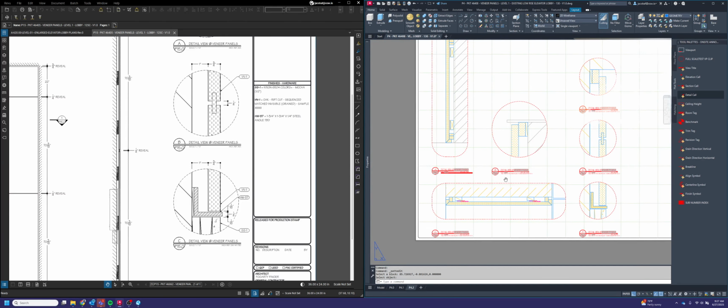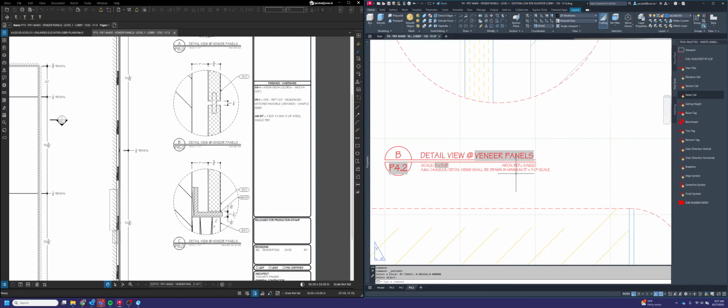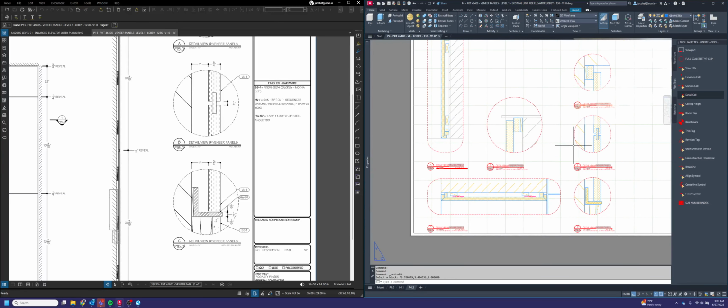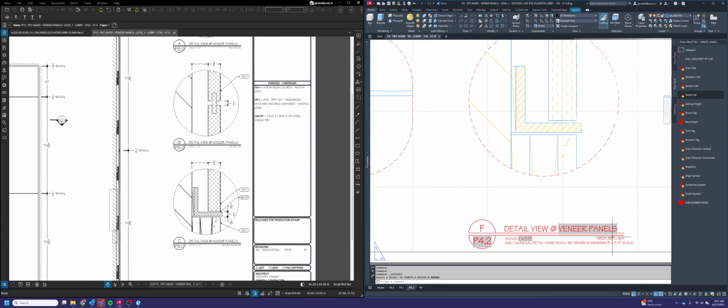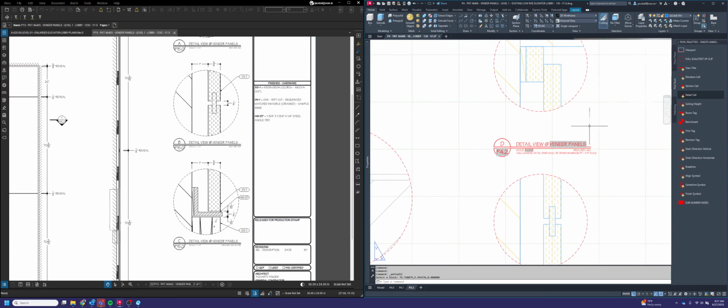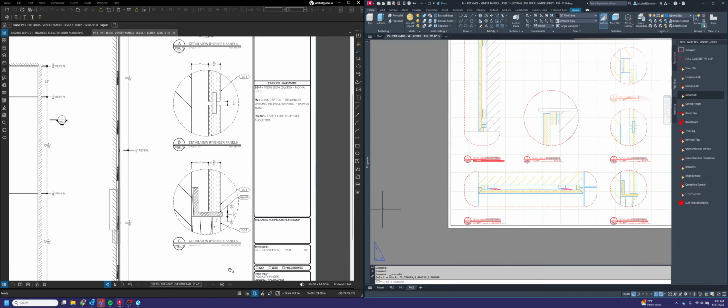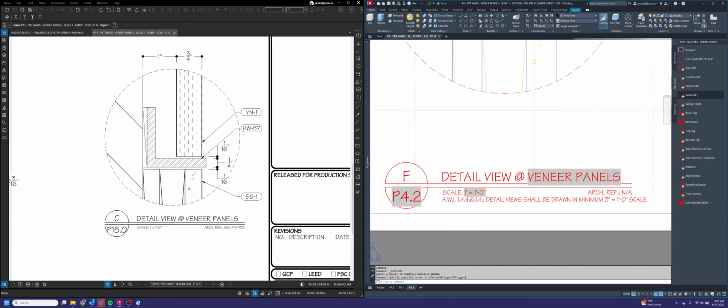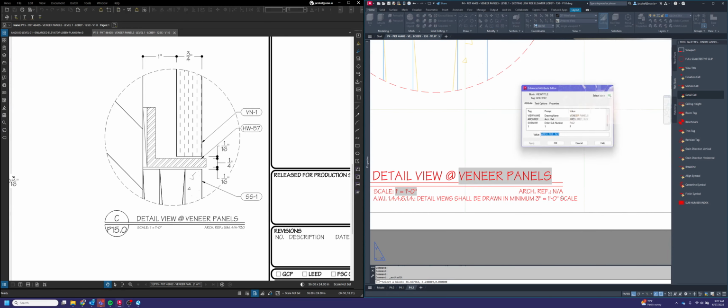And so I think the last thing I want to do is if I have any ARC references for any of these, I'm going to apply them to the view titles too. The only ones that I think I might have are these two. The rest of these I know aren't actually in the architecturals or they're not detailed very well in the architecturals. Oh wait, no, wait, this one does have one because it's the same as that. So I'm going to write SIM. That was for the metal angle above the base trim. So SIM